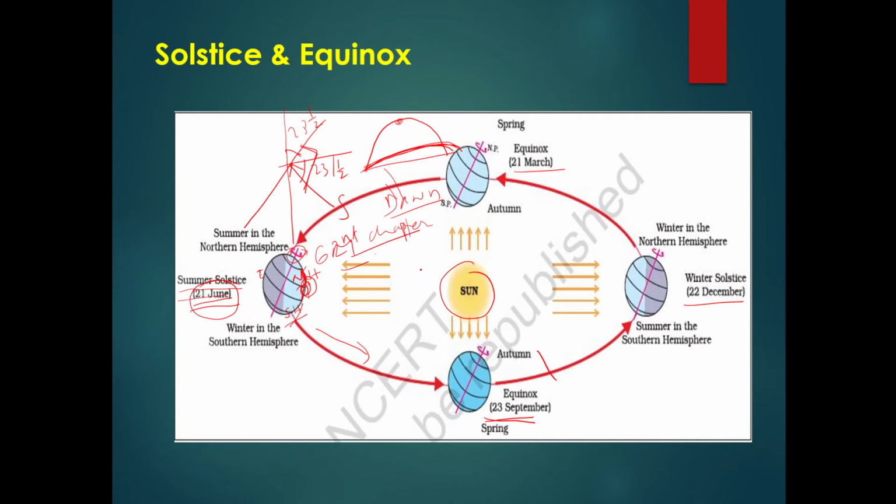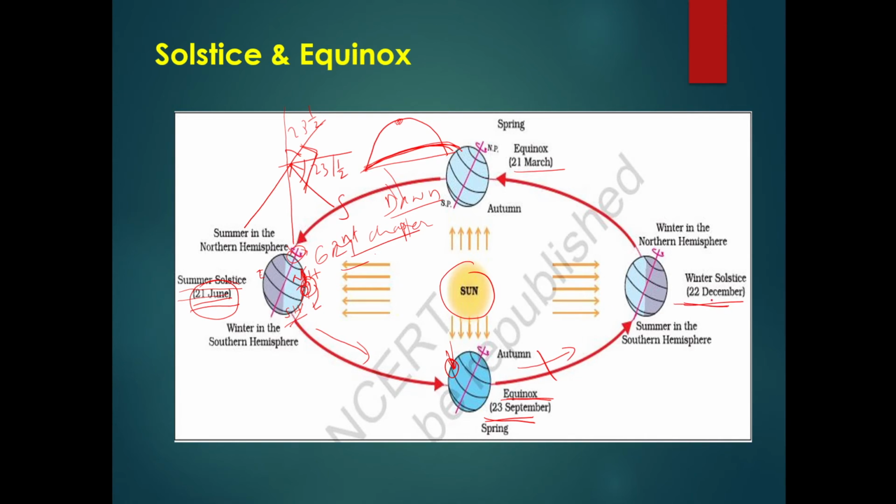Okay, so now the sunlight will be coming from the Tropic of Cancer towards the equator, and the sun rays will fall directly on the equator. So the sun ray is vertical on the equator itself. So all the day and night throughout the earth will be of the same length. So this position is called equinox. Okay, equal day and equal night, and then again the earth will revolve from this position to this position.